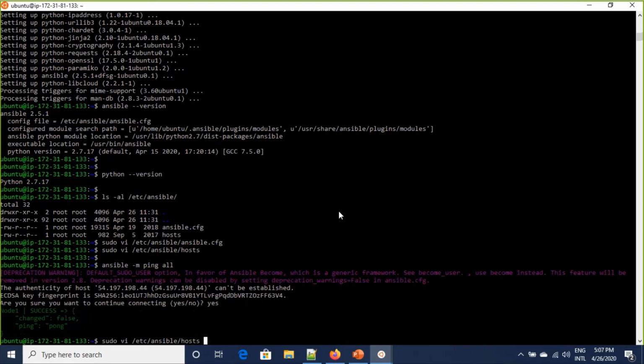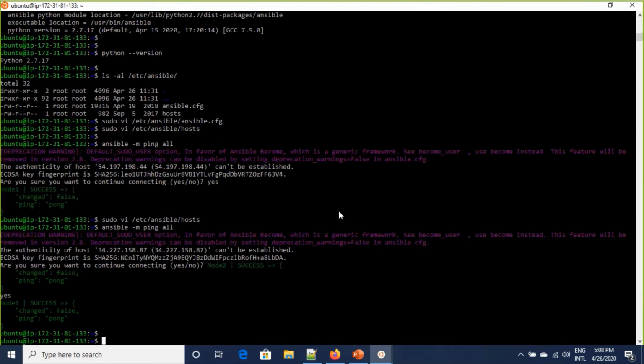Next step is we're going to create a playbook, and there we'll mention how to install Apache. For that we need to create a YML file.